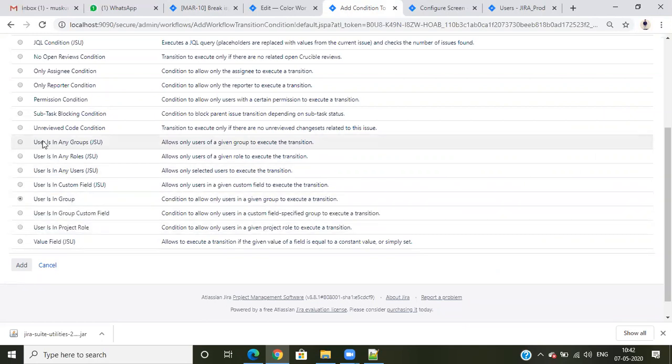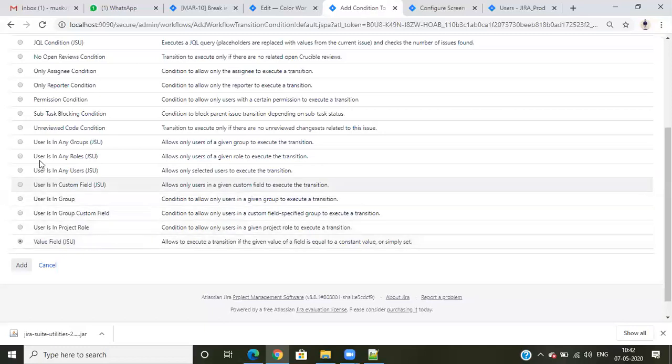User in any group, user in any role, are the same. These are the Jira default options and those are the custom field options.